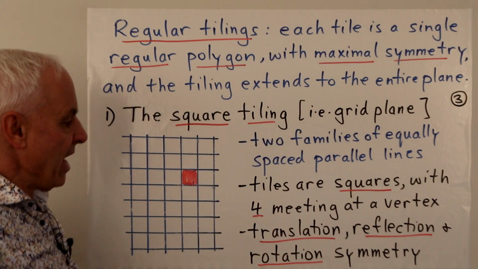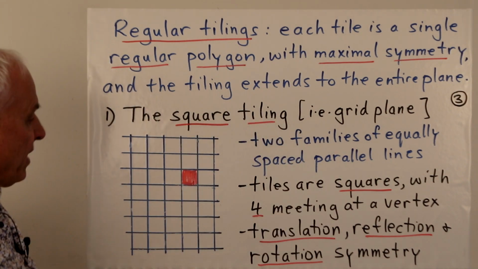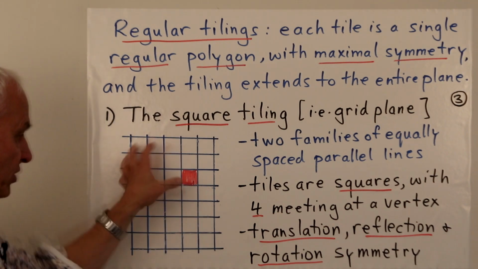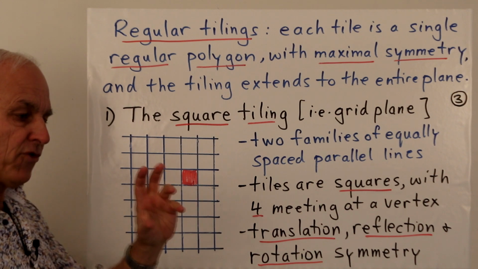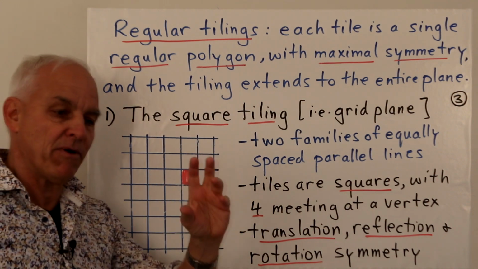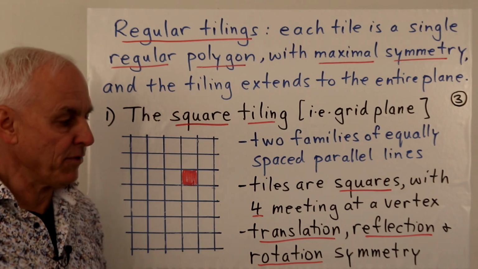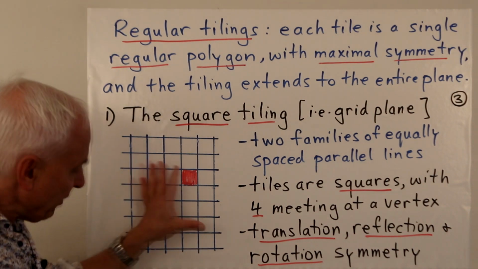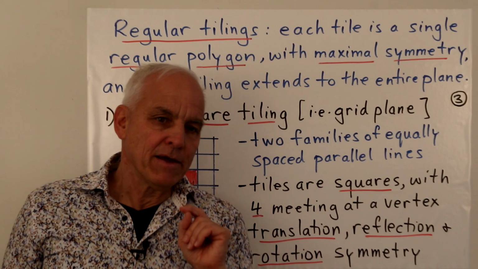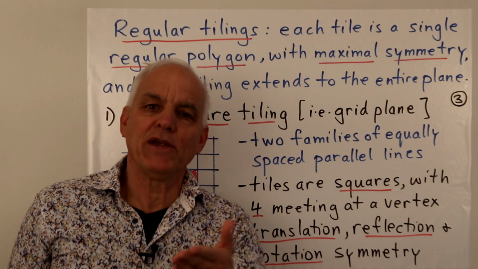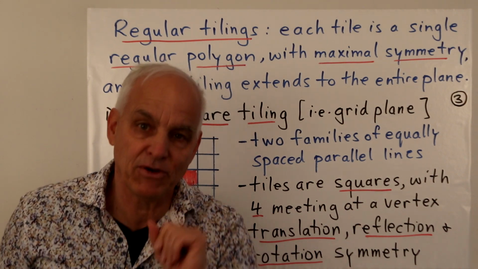So that's a kind of symmetry that this pattern has. If we choose one of these vertices and rotate by a quarter turn, then all the squares map on top of other squares, and we can't really tell that we've moved the entire thing. So even a very simple pattern like this has some actually quite subtle properties when we start looking at it from the point of view of symmetries.